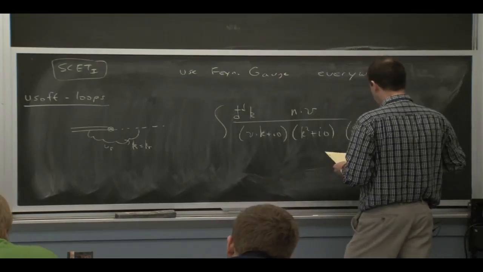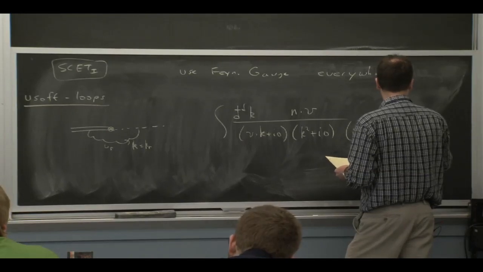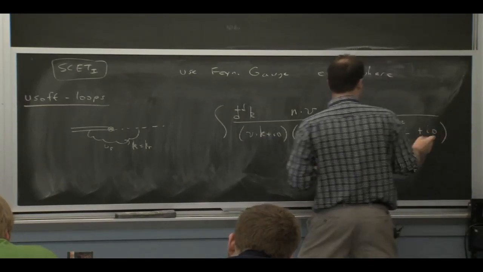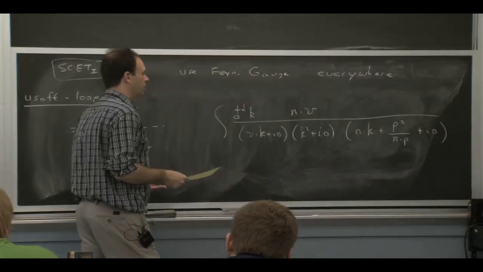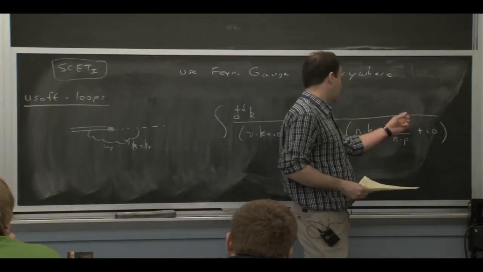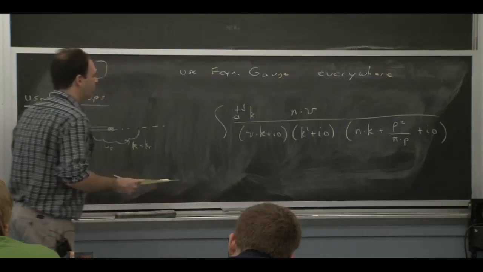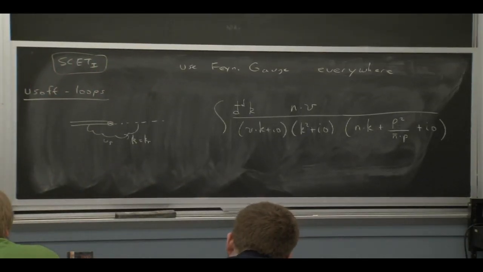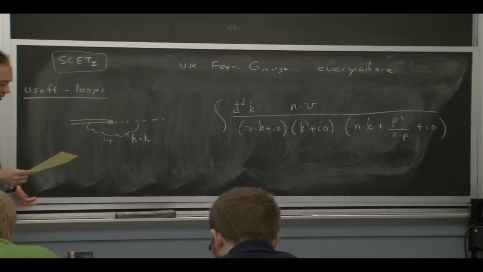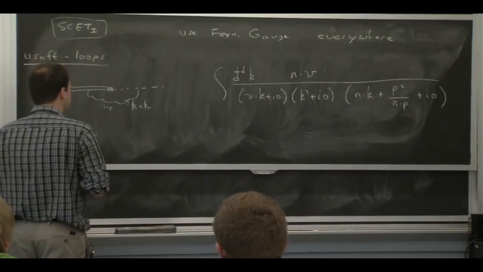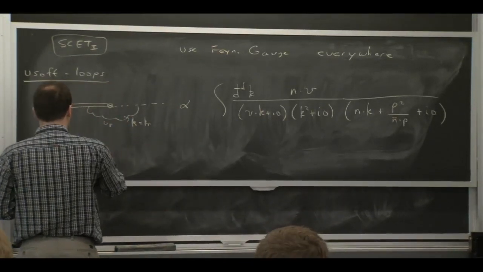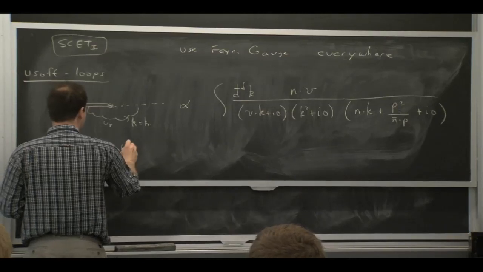Since I'm taking the strange quark off shell, the propagator that I get is this shifted eikonal propagator, where basically the fact that it's off shell gives me this extra term there. That's regulating some IR divergences. And we want that because we want to regulate the IR divergences in the same way in the full theory and the effective theory. This is proportional to that. And if I put in all the factors,